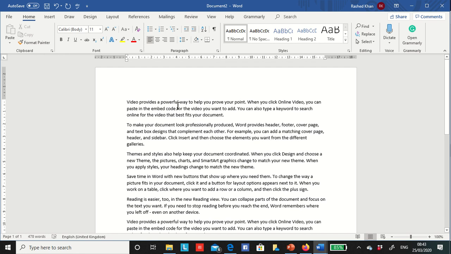Okay, now in an essay or report there should be 3 different parts. One is the front or cover page, then the main body, then a list of references. This is the main body, and all the paragraphs should be in the normal mode.